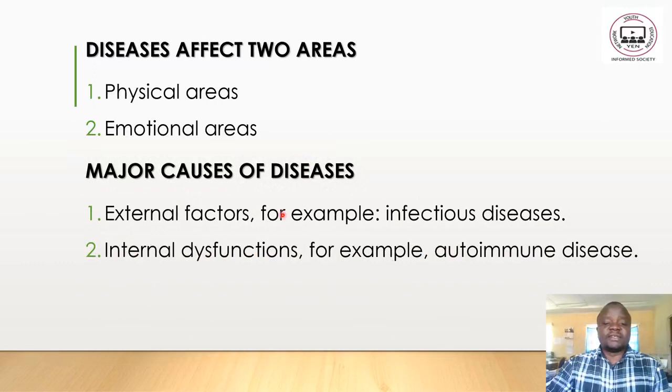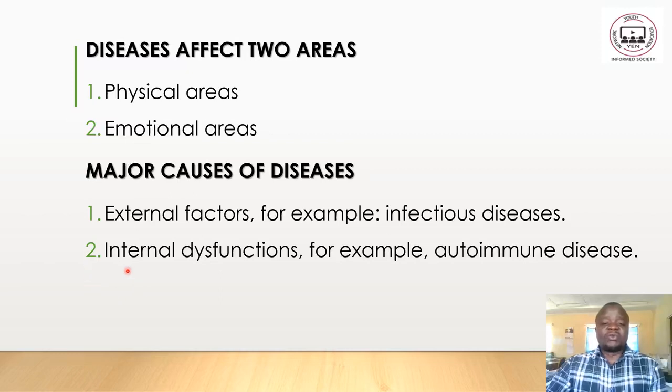Major causes of diseases. There are several causes of diseases. Number 1, we have external factors, those that are coming from outside. For example, we have infectious diseases. Most of the infectious diseases that pass from one person to another are caused by external factors, meaning these factors could be the microorganism entering into the body. That's why we are saying they are from the external